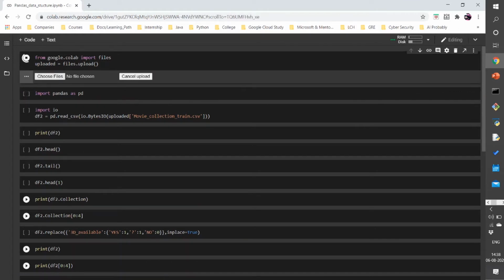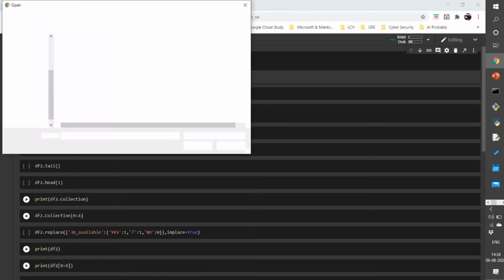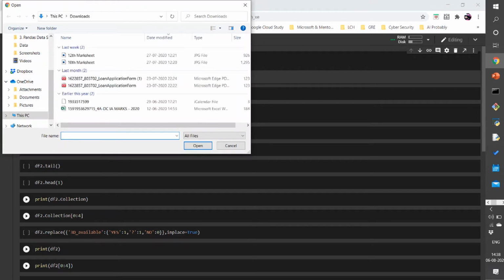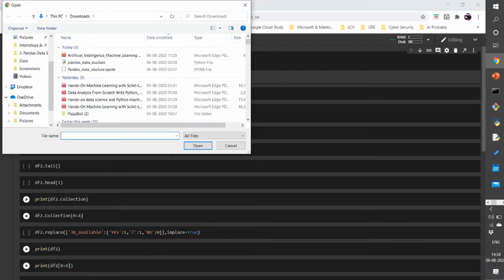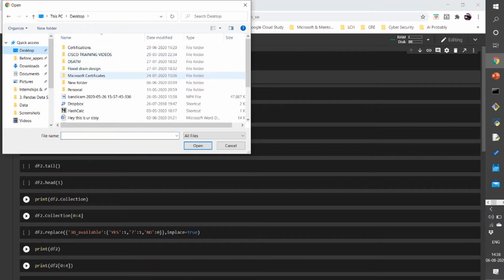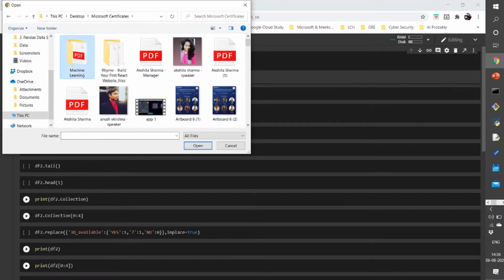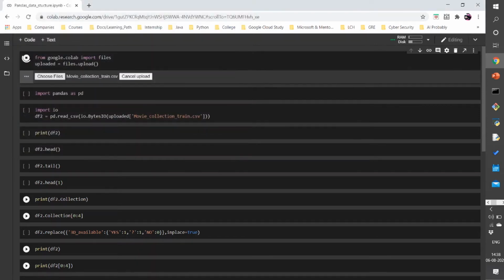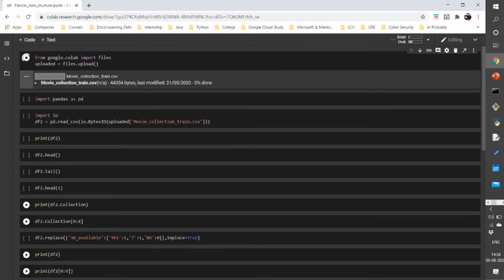And then you browse the file. So we'll be using the movie collection dataset. Once it's uploaded and it says 100% done,